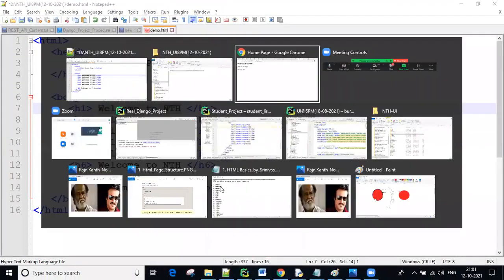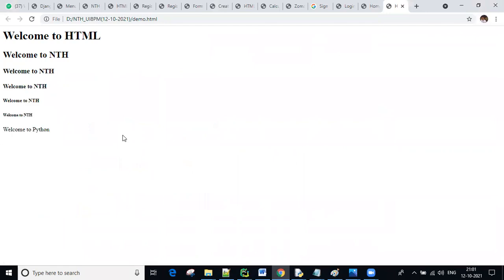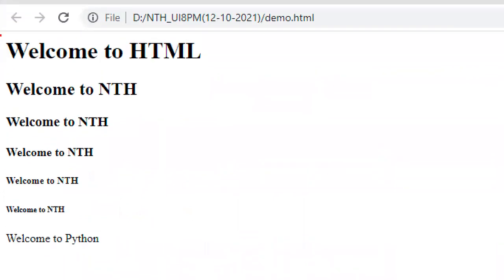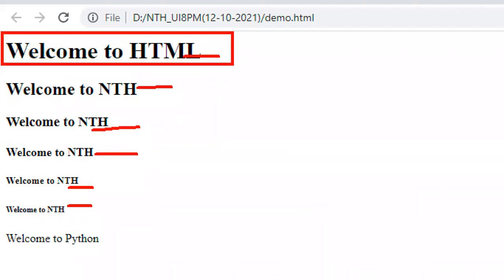Now you can execute this. This is the browser, guys. Press Ctrl or refresh. Now you can see, in H1 you get this size, guys. H2, H3, H4, 5, 6. See, H1 has a big size with more black color and big character size. But H6 has less black color, and the character size also reduces. So when you are designing an application, if you want to display a big title, big content, then you can use H1. For the least content, you can use this one.